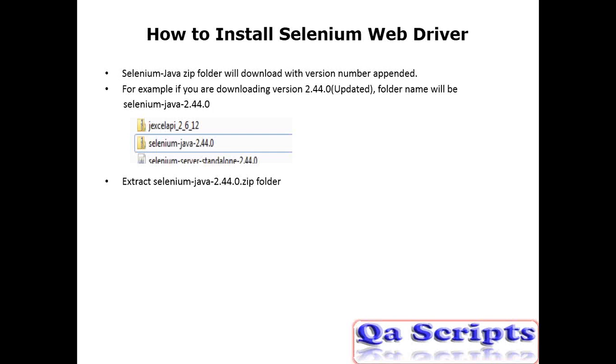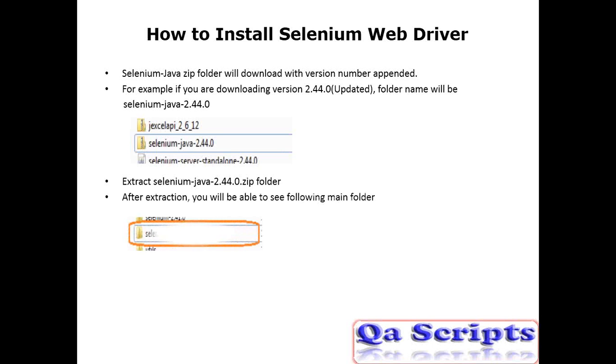Selenium-Java-version, something like 2.44.0. Whereas in the case of Selenium RC, the name was different, that is Selenium-standalone version was there, but here it is Selenium-Java-version, like 2.44.0. After extracting, you'll be able to see